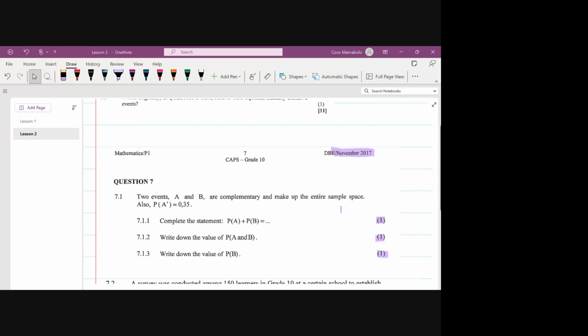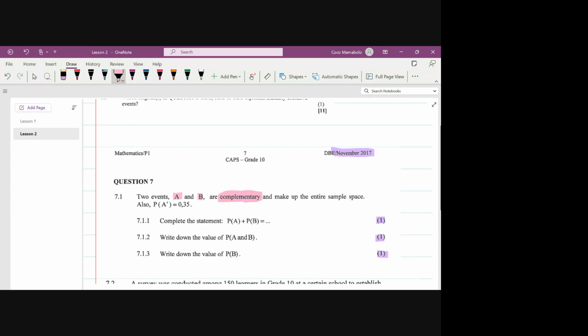Yes? Okay, amazing. All right, so this particular question is a little tricky in that the way that it's written tells us the story. So let's start with the beginning, the information that they give us. It's important that we understand exactly what they've given us. They're saying here, 2 events A and B are